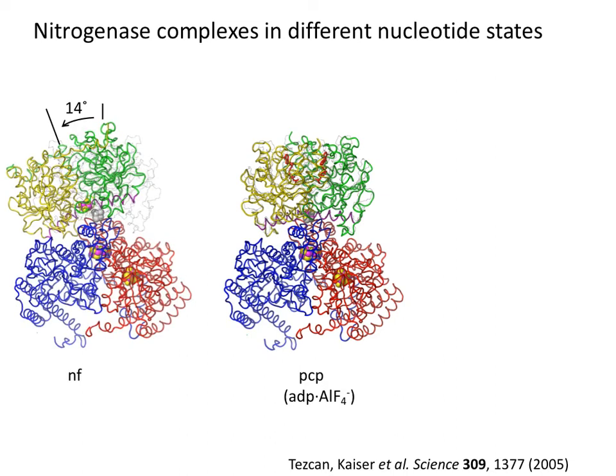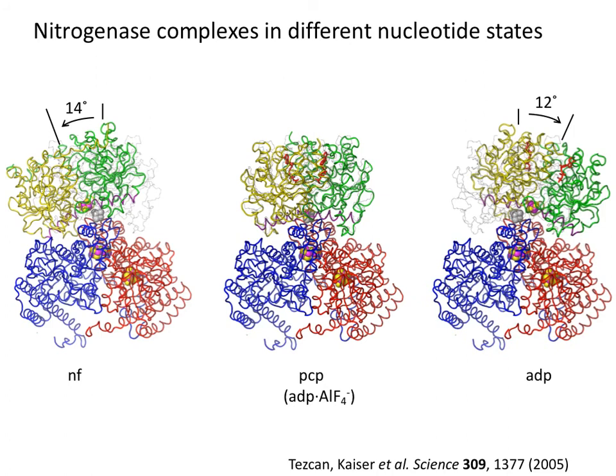This is the nucleotide-free version of the protein complex. So they crystallized this without any ATP molecules present. And then this structure is the one that contains an ADP that's already been hydrolyzed. In all three of these structures, there is not really a discernible structural change of the iron molybdenum protein, but